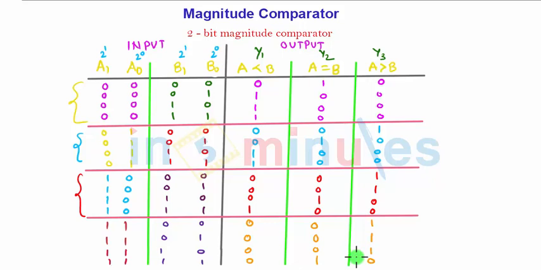So this is your complete output table for the 2-bit magnitude comparator, and you can solve the 4-variable K-map to get the outputs, or the reduced logical expression, for Y1, Y2 and Y3, since there are 4 inputs A1, A0, B1, B0. While filling up the K-map, you must remember one thing: A1 is the MSB here, so A1 is kept at MSB and B0 is kept at LSB. Since there are 16 combinations starting from 0 0 0 0 to 1 1 1 1, it will be very easy for you to implement the 2-bit magnitude comparator. Thank you.